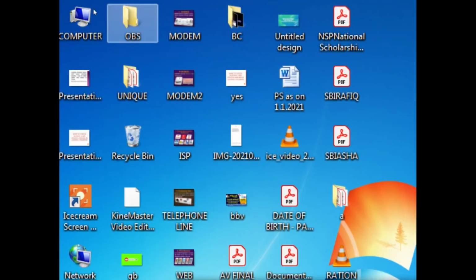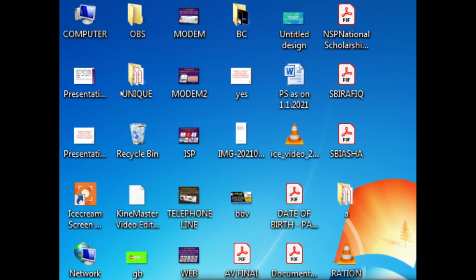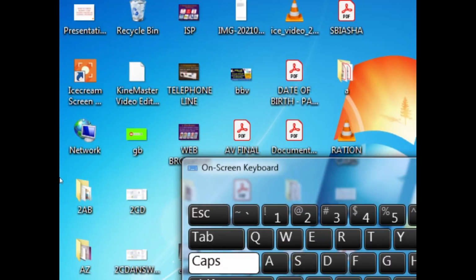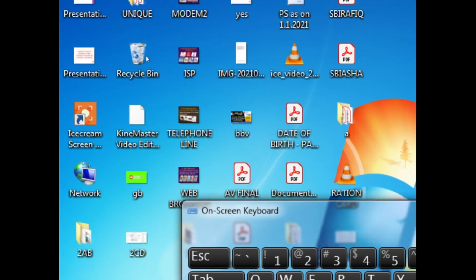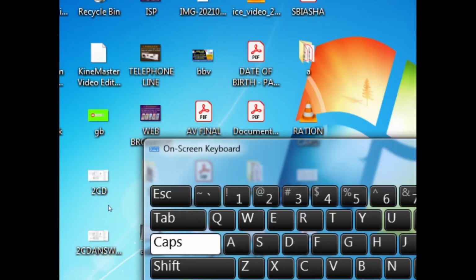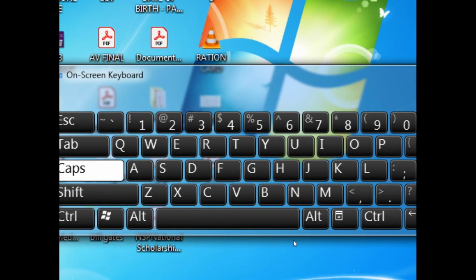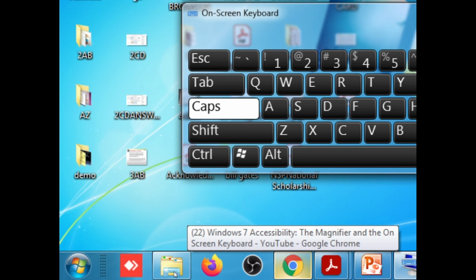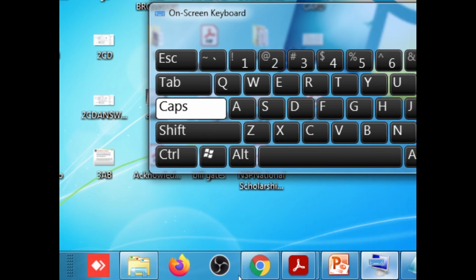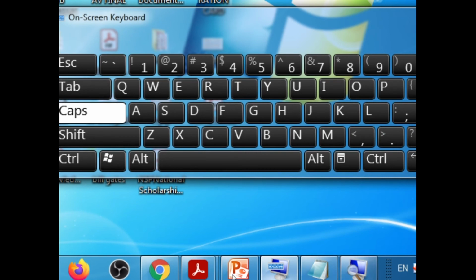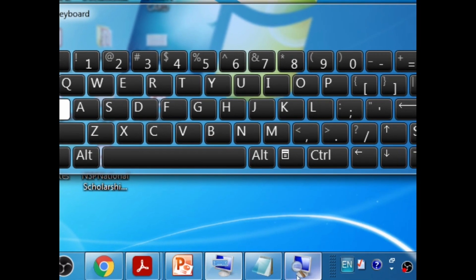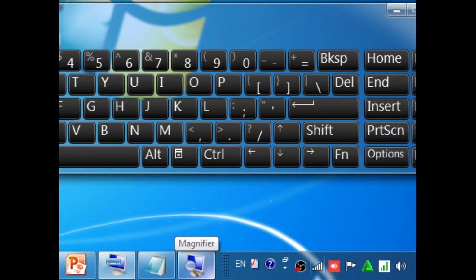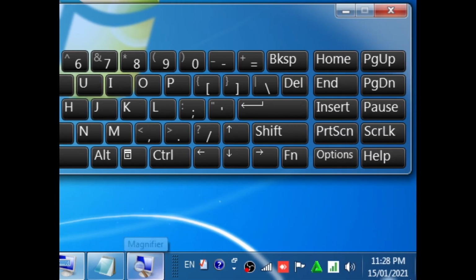So computer I'm showing, modem. Okay, so network, these are the folders, files. Okay, so Photoshop. Okay, modem, like this also you can see here. Okay, so keyboard, so this is the start button, AnyDesk, this is a folder, and this is called the Mozilla Firefox, OBS, screen recording, Google Chrome, which I am showing you, and this is Acrobat, this is PowerPoint, and this is the magnify, and this is the notepad. Similarly, here you can set the language. Okay, so this is the Wi-Fi, and now this is the time.